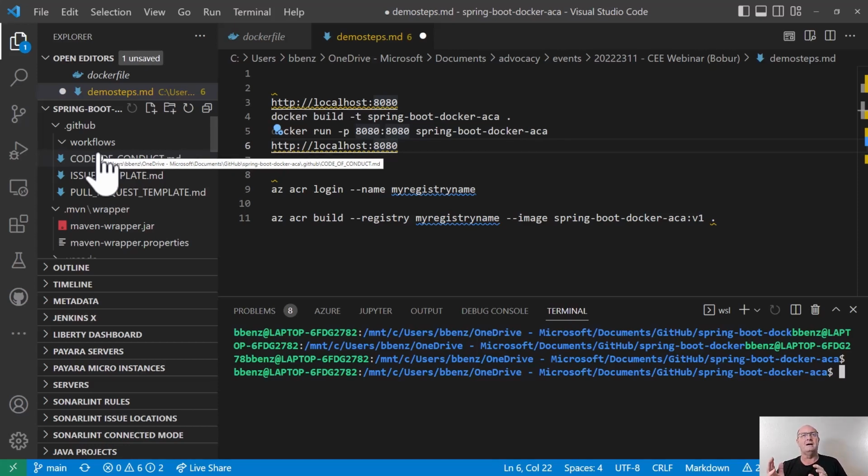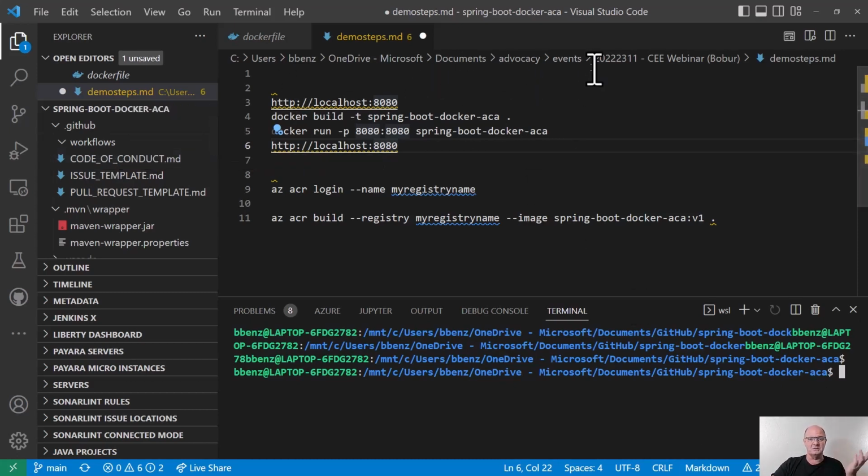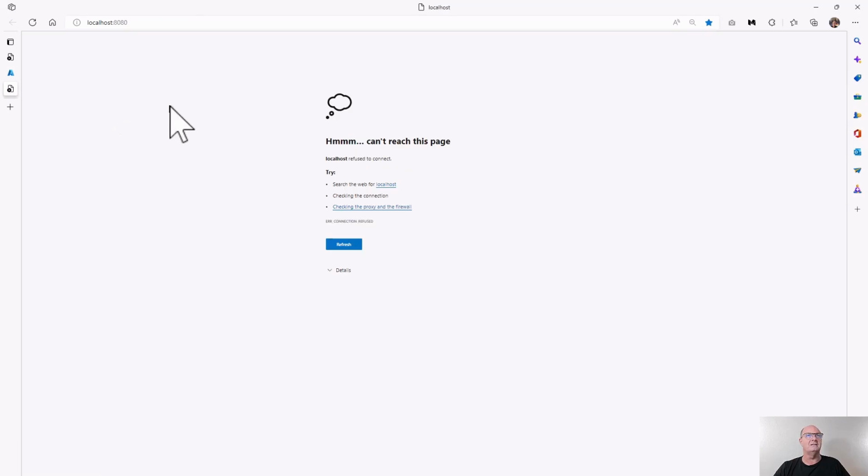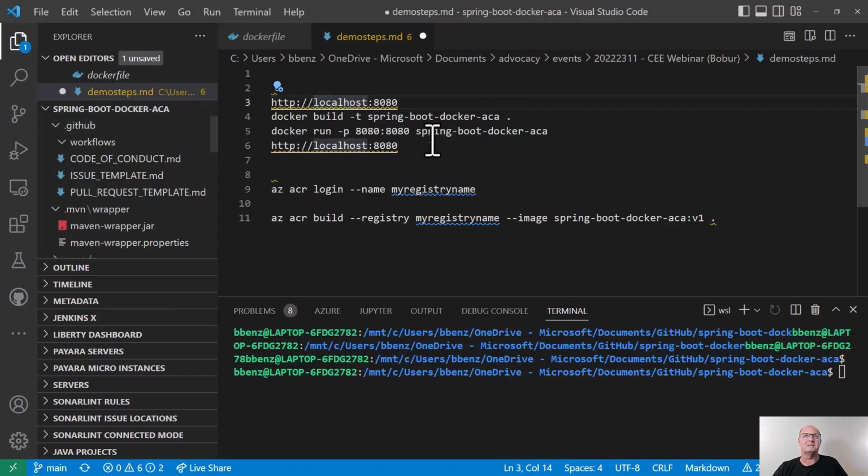The first thing we do, this is Visual Studio Code, and I'm using Windows Subsystem for Linux, WSL, which is a Linux implementation that runs on top of Windows. And these are some of the commands I'm going to use. So the first one I want to do is just check out and make sure that this connection doesn't actually have anything running. And it doesn't. Okay, good. I want to make sure. Sometimes I leave things left over.